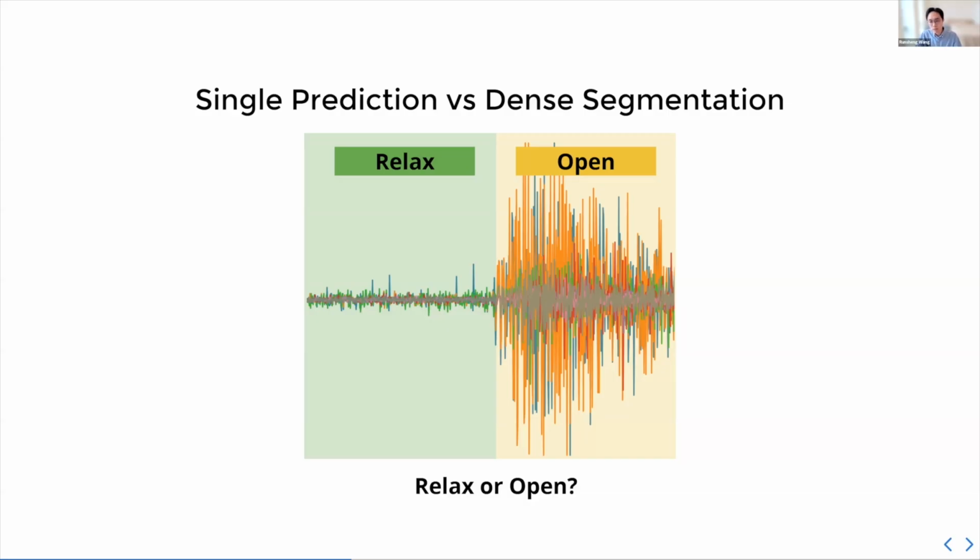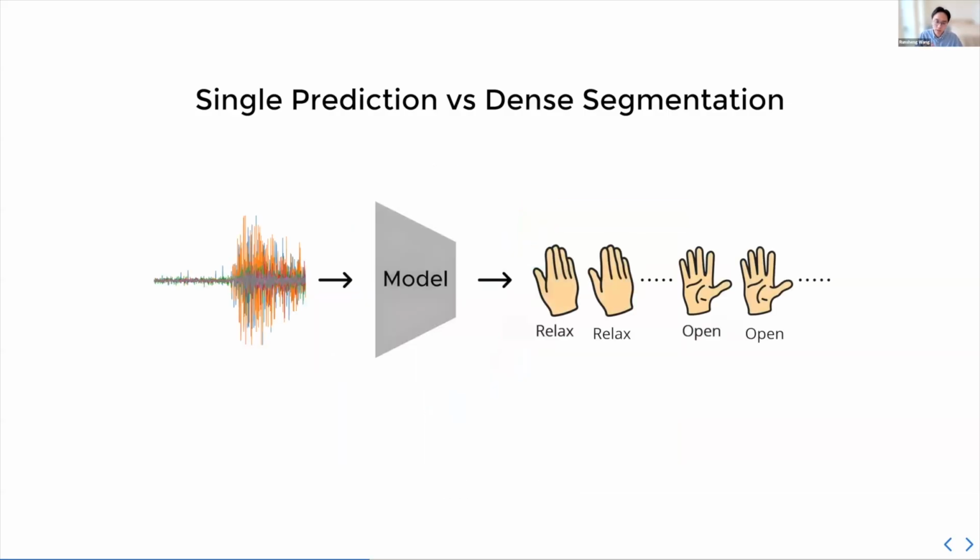So therefore, we make this one simple change, which is that instead of predicting a single label, we're predicting essentially a dense sequence, right? And it's as dense as the number of time steps that we have in the window. So this is very similar to image segmentation, where you provide a label for every pixel. We're labeling every single time step. So if it's 600 time steps in the input, 600 predictions will be made, one for each time step. So this allows us to learn on a much finer scale and reduce or remove this ambiguity problem altogether.